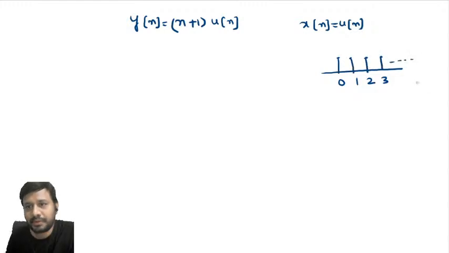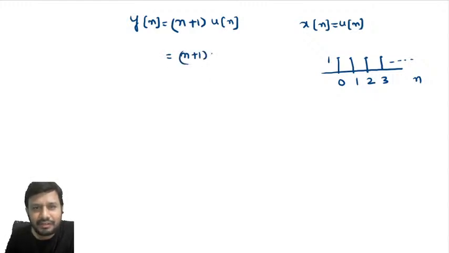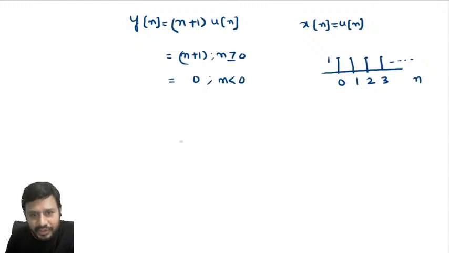This is the shape of input, right? Which is a bounded signal. What is the shape of output you are going to get? n plus 1 u of n. So how must I draw this signal? First of all, define n plus 1. u of n means 1 for n greater than or equal to 0 and 0 for n less than 0. So if you try to draw this one,